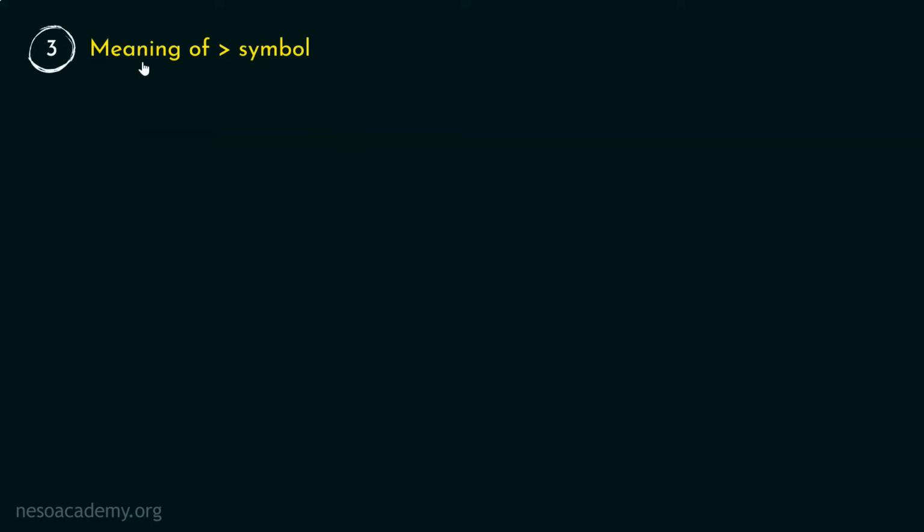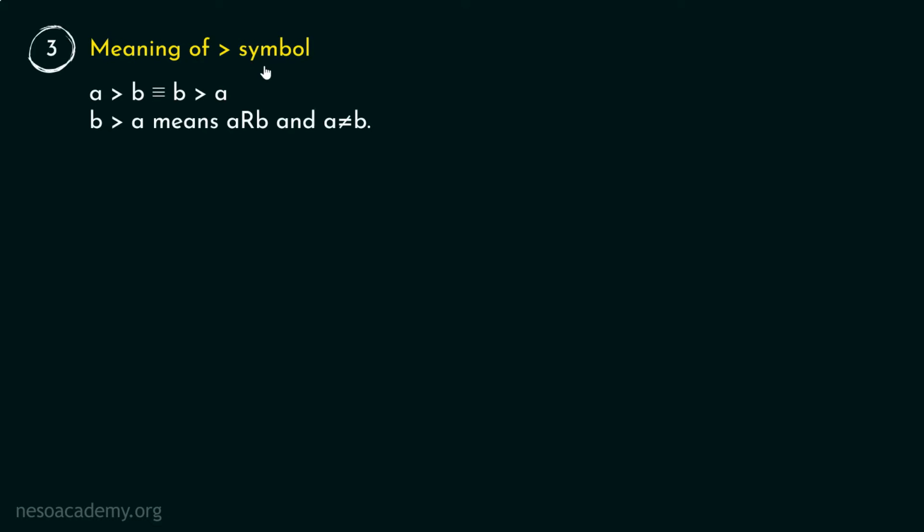Now, let's try to understand the meaning of the greater than symbol. It would be easier for you to understand if you have watched the lecture carefully, right? A greater than B is actually equal to B greater than A. Isn't that so? B greater than A means A is related to B. Obviously, A is related to B and A must not be equal to B. That's it. This is the meaning of the greater than symbol.